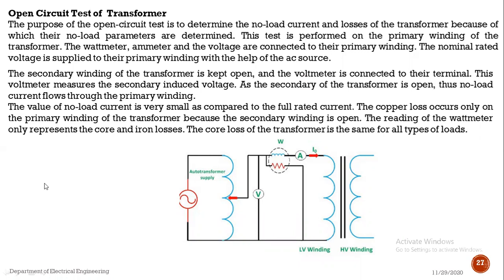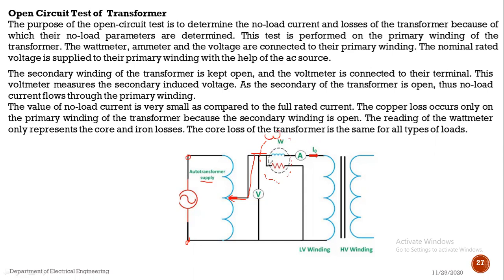See, in this case there is one auto transformer, and the primary or supply voltage is provided to the auto transformer by using an AC source. AC source चा use करून supply voltage दिलेला आहे याला. So this is the auto transformer. Here is one variable terminal. Now the positive terminal is connected to one terminal of the wattmeter. This one is the wattmeter. Again here ammeter, wattmeter and voltmeter are connected. हा जो आहे तो wattmeter आहे.